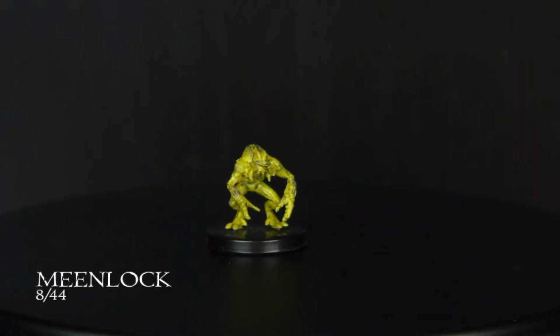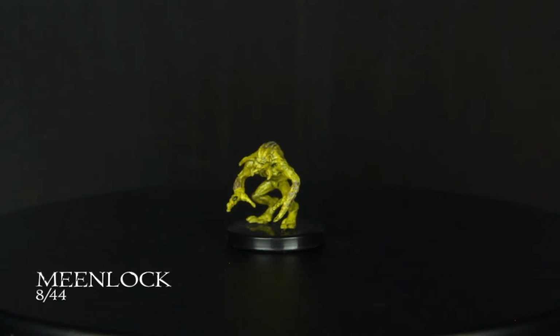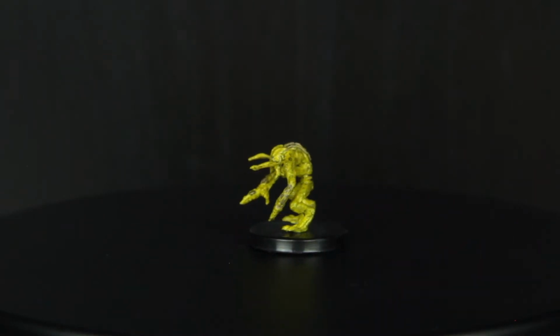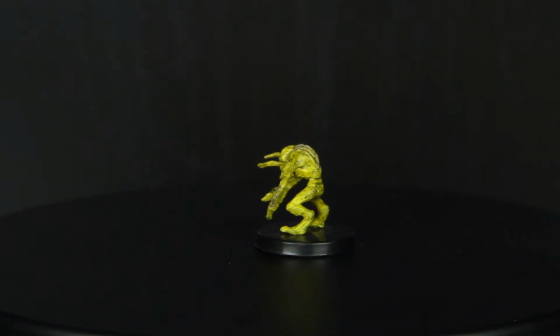Ooh! It's a mean lock. A mean lock? It's a bug. Oh, yeah. I think I've seen these guys. I think they're in Volo's. As you say, little horrid bug things. Yep. No, I like him. I would say that this is kind of a monotone little mini, but... Well, it makes sense. It's a bug. Yeah. All right. And then...